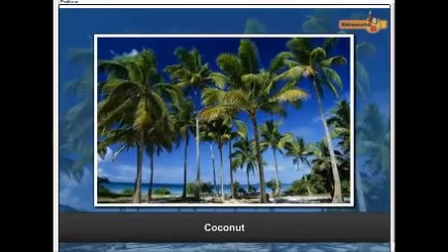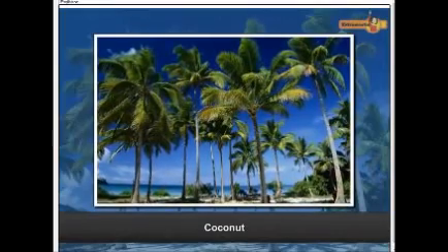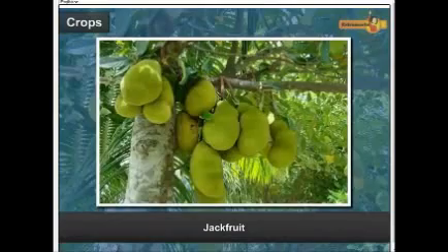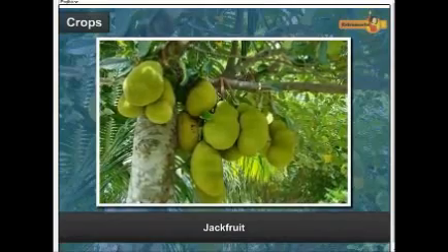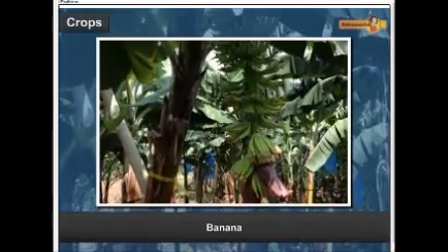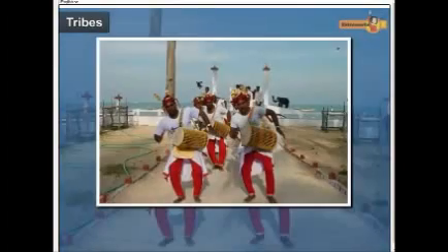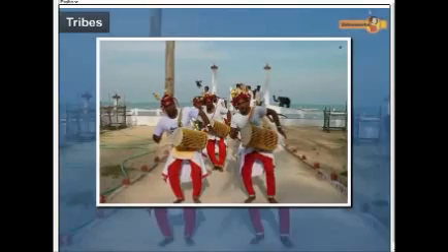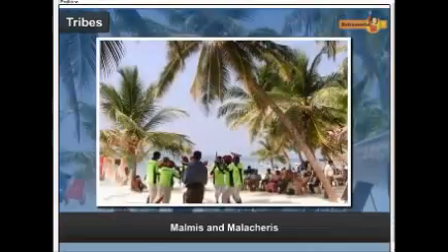The entire land space of the islands is filled with coconut palms. Other than coconut, jackfruit, lemons, and bananas are also grown here. The major communities that reside in Lakshadweep are Amini Divi, Koyas, Malmis, and Malacharis.